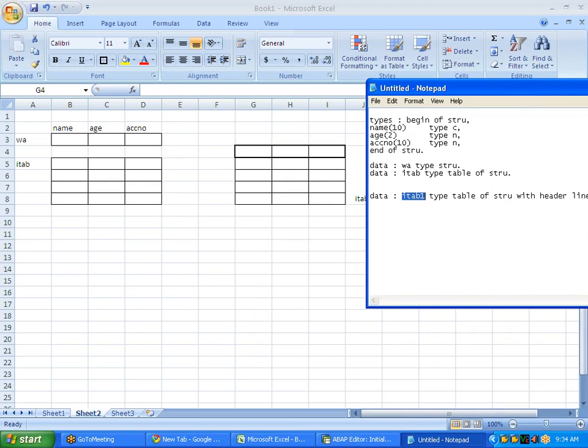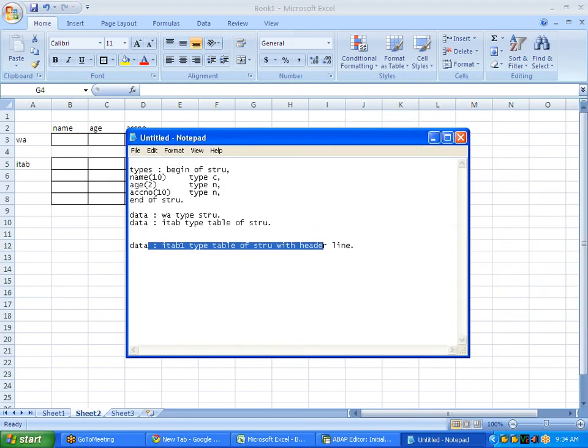So now see, if you are declaring like this, ITAB separately created, work area separately created, so this is called explicit work area. But if you declare your syntax like this, ITAB1 type table of STRU with header line, then it will be created like this. The total entity name is ITAB1, work area also ITAB1, body name also ITAB1. So if you want to put some records into the work area, how to do it? You need to say ITAB1 hyphen name is equal to some name,